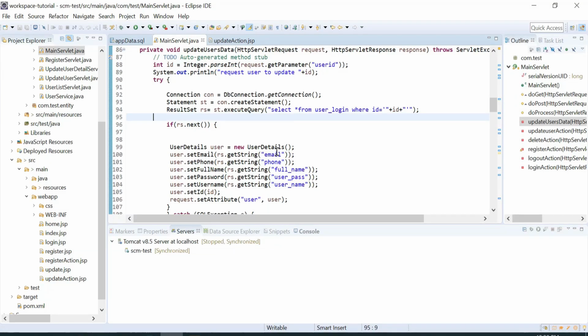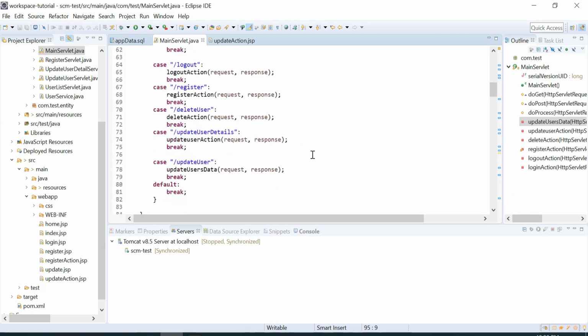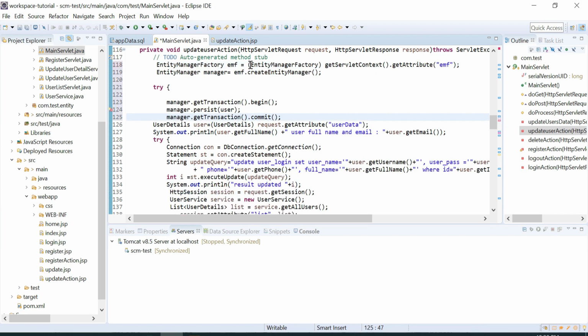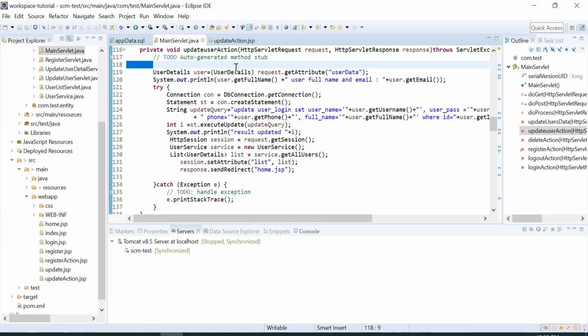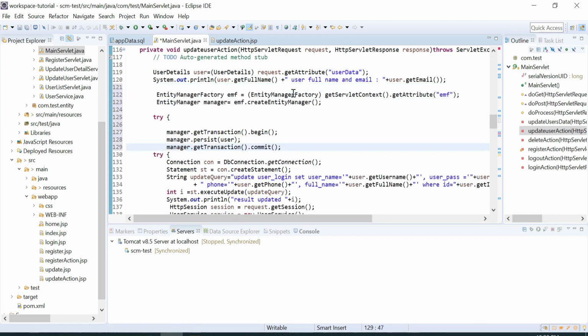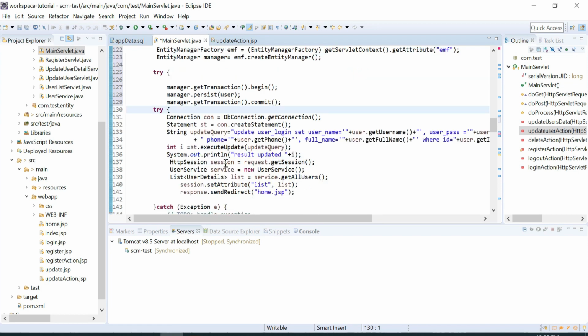We have seen persistence JPA used for login and registration. In this video, we will see how to utilize the same persistence for the update method. So we have the update method here, user update, and we are using the query. Now, instead of this persistence layer, I am going to use JPA. So here I will remove this JDBC code by replacing